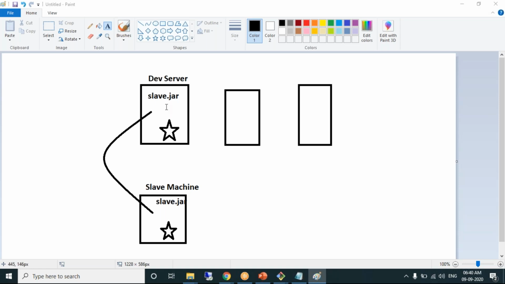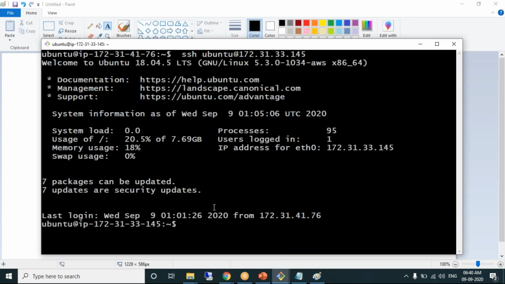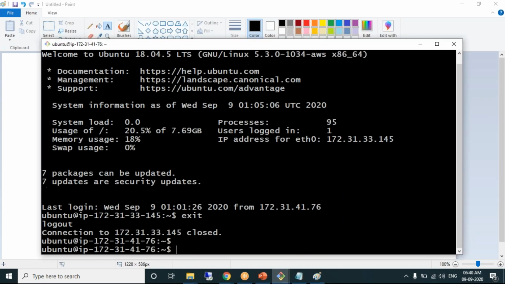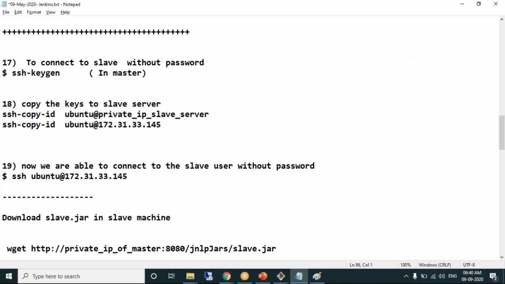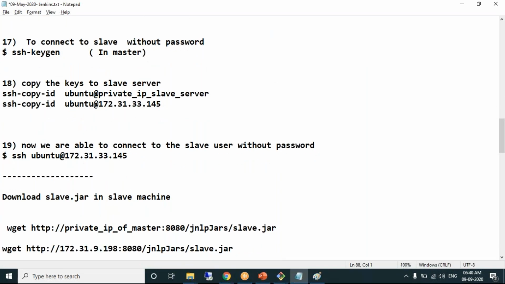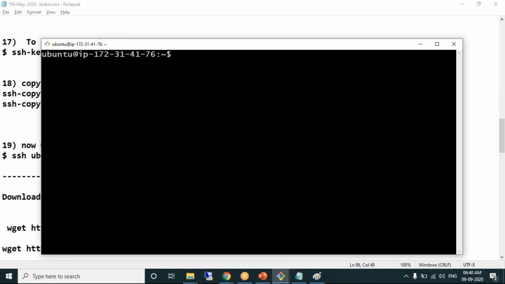Where is this slave.jar file available? Right now I'm pointing to 145, exit to go back to the dev server. Right now I'm pointing to the dev server. The slave.jar file will be available in a directory called jnlp jars. For that, first connect to the slave machine.